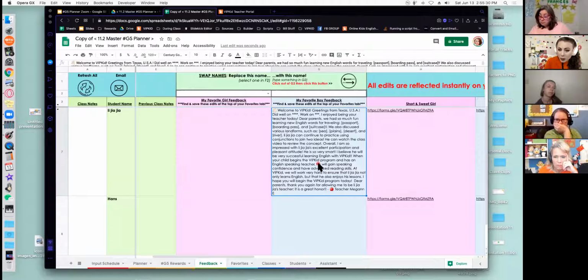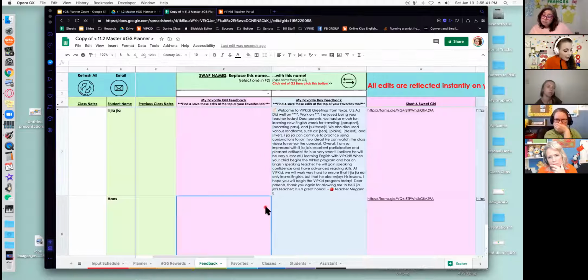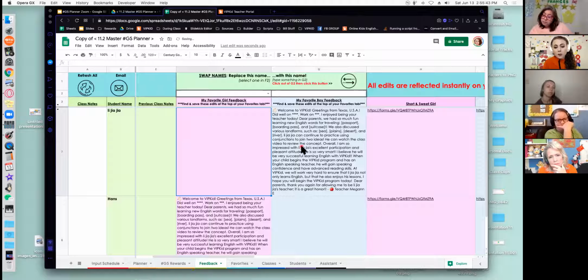So it won't ever be blank anymore. It will be showing my favorite feedback template. So I would go through and make customizations to each of my templates, and I would probably go ahead and just paste them over here, right? Just for good measure. Because what I can actually do next is save that template that I customized